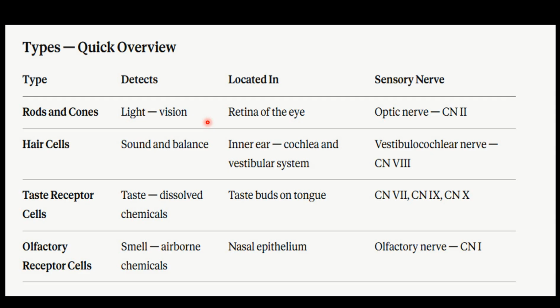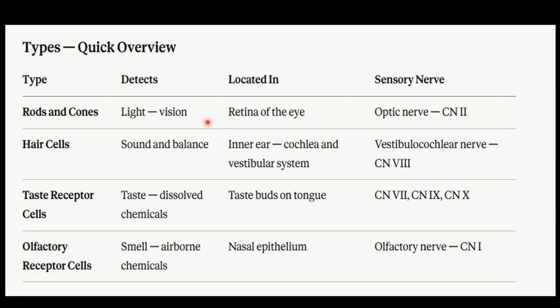Then we have the second type, hair cells, which mainly detect sound and balance. Location wise, they are present in the inner ear, the cochlea and vestibular system. The sensory nerves they follow are the vestibulocochlear nerve, CN8. Then we have taste receptor cells, which detect dissolved chemicals, located in taste buds on the tongue, with CN7,